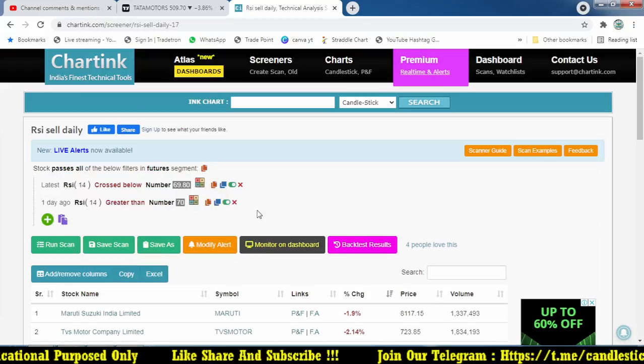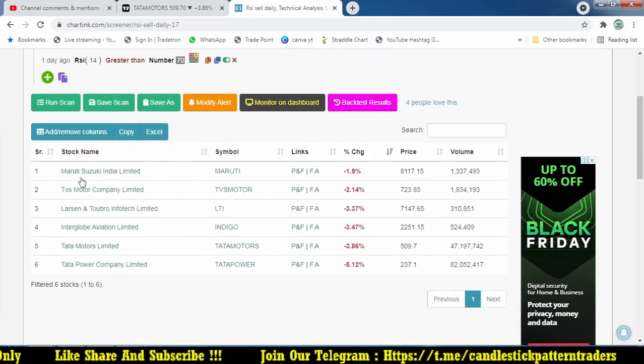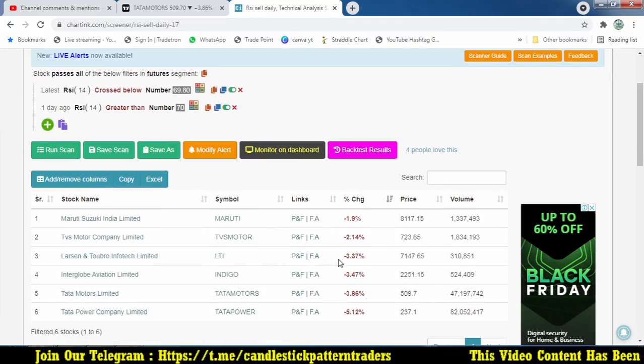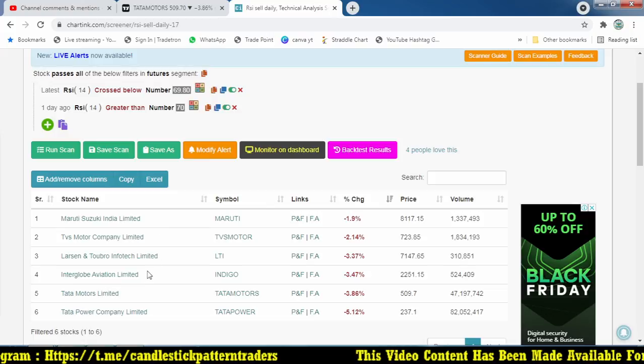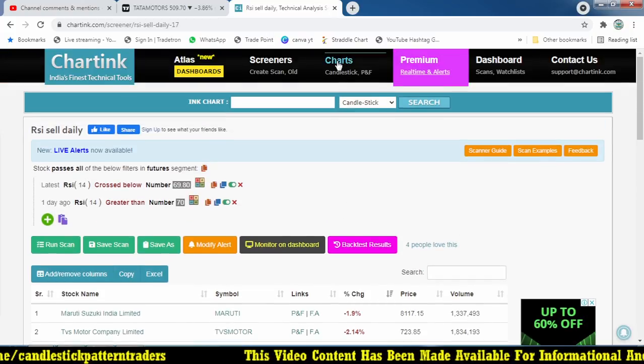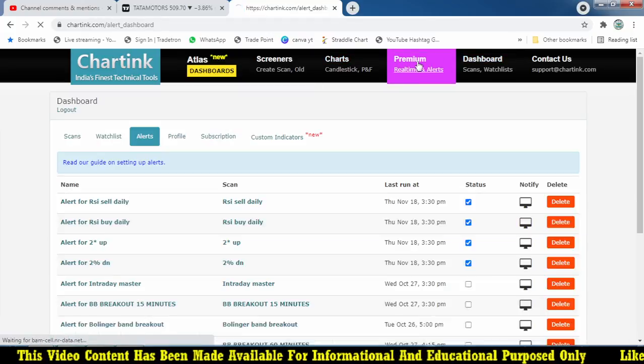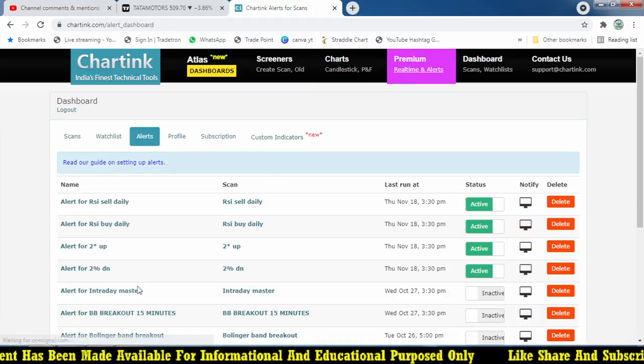If I show you that, you can get the overall result. Yesterday, what happened with this kind of scanner, how many stocks obeyed the scanner. But at what time the stock will be present, that is very important. So when I took the trade, what are the stocks which were present?